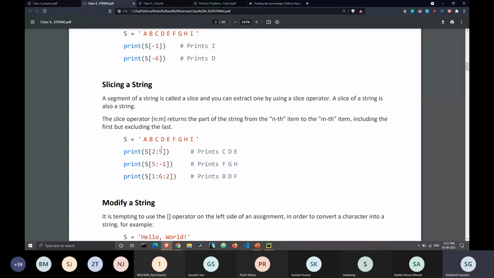Sorry, sir. You can type your question in the chat section, or in the WhatsApp group as well. Yes, you can do that. Should I be explaining this slicing again? Is that what you are asking?